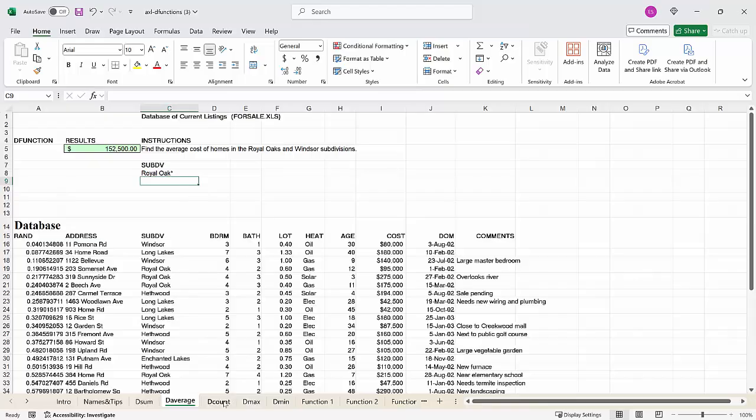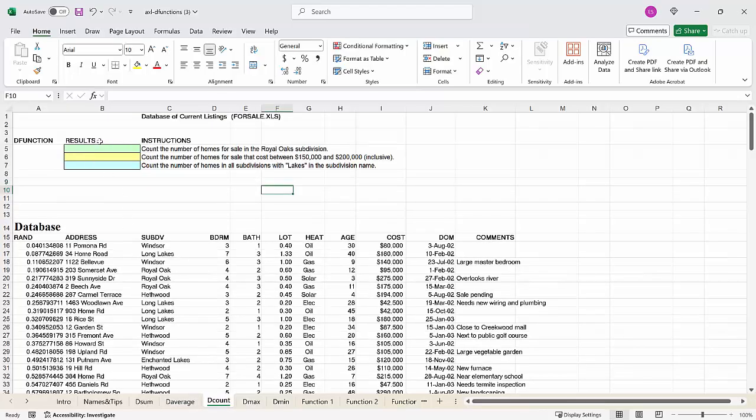So we've got one more, and then we'll get you out of here. I'm going to skip to this one. This one's specifically interesting here. There's a couple things here that I want to point out. First of all, we're doing D count. So first thing you want to look at is it's asking for the number of homes for sale that are between 150 and 200,000. Whenever we're doing counting,